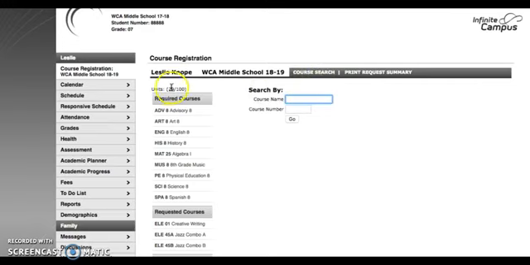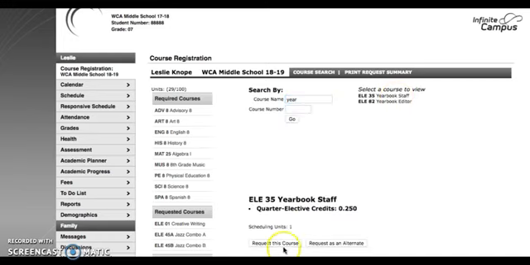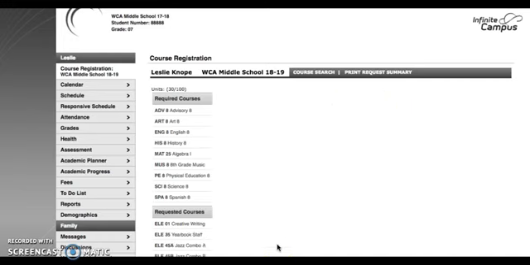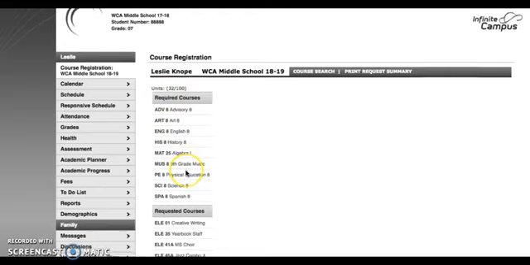And what we're doing right now is our main goal is to get to 32 units for this top section. So right now we're at 29, so we'll keep on going. She also said she wanted to be on yearbook, so let's go ahead and put yearbook in there. We'll hit request this course. So now we're at 30. We'll put in choir. She requested to be in choir all year long. So at this moment, you can see that I've made it to 32,